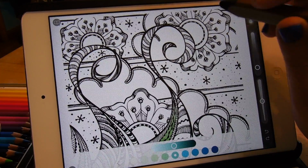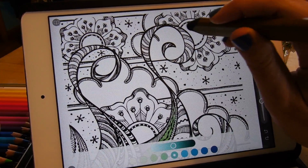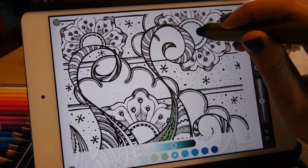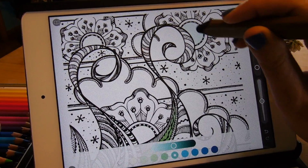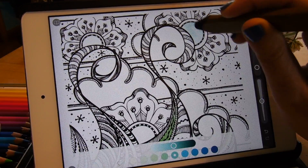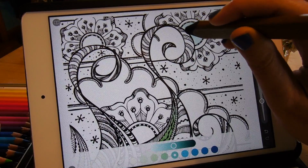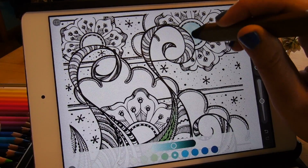You see how simple that was. I can just go in and I can lay in that soft color like that. And because I can choose my area and I don't go outside the line, I don't have to worry about coming back later and erasing. So I'm using right here more of a watercolor. Yeah, I'm using the watercolor here. You can see